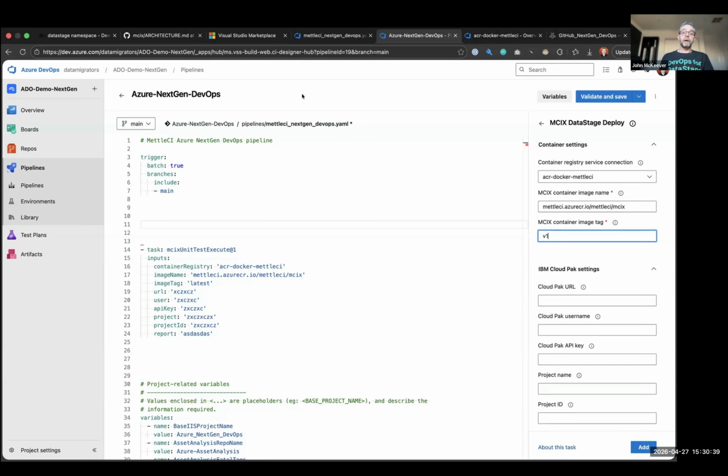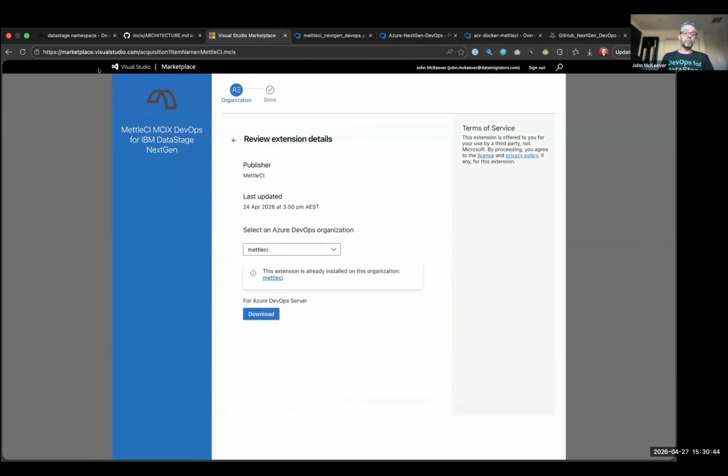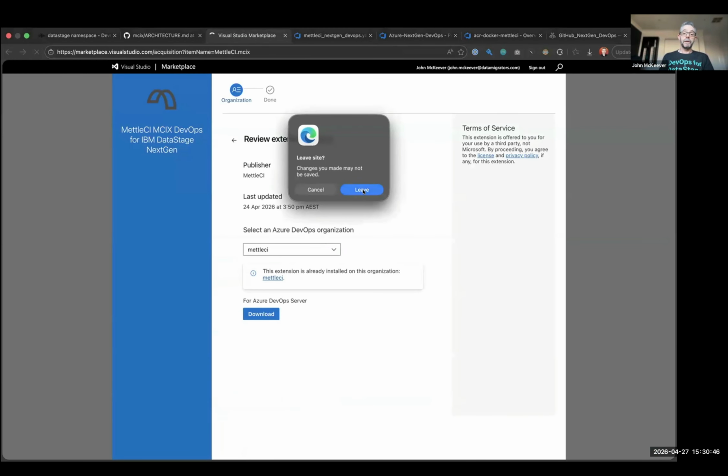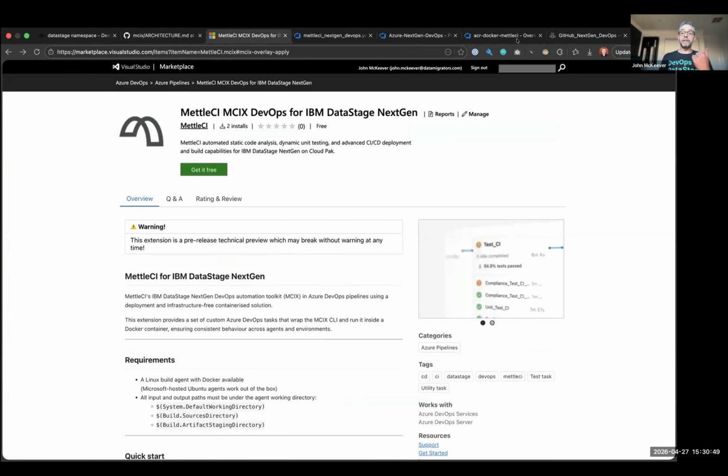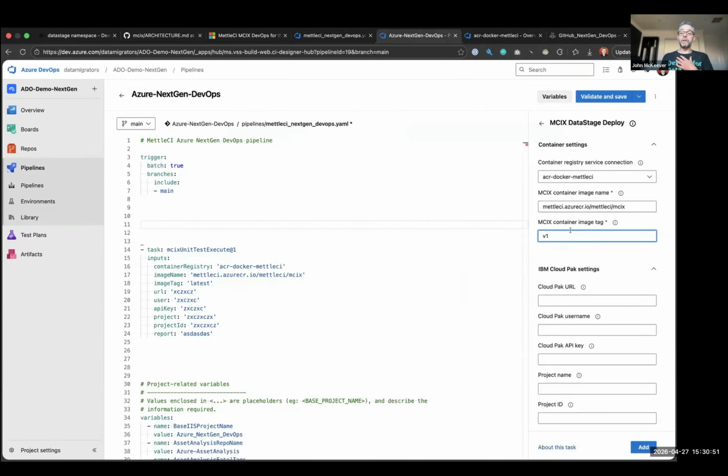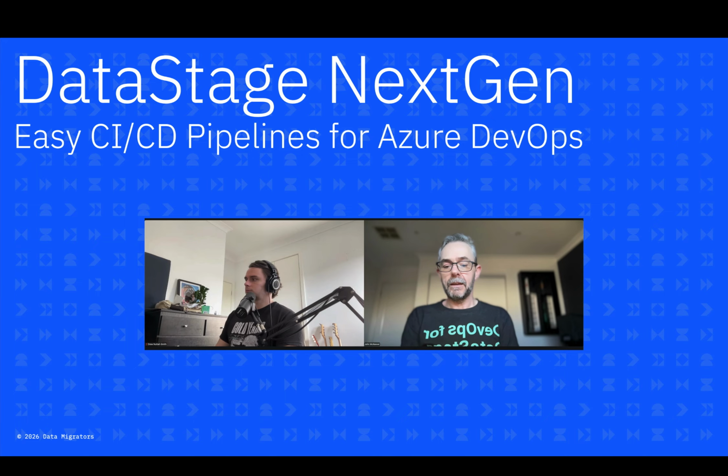You will see that in the release notes for the container on that Visual Studio Marketplace entry. You will then perform your due diligence to say, okay, we're now good, I'm going to now go to version 2 of the container image. So yeah, very good point, Drew. Thank you very much. So that is the easiest way for you to build a CI/CD pipeline on Azure DevOps,